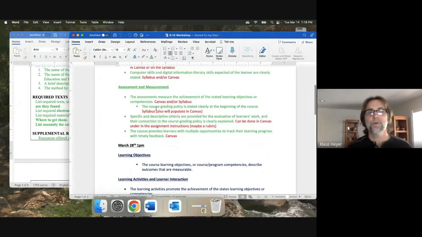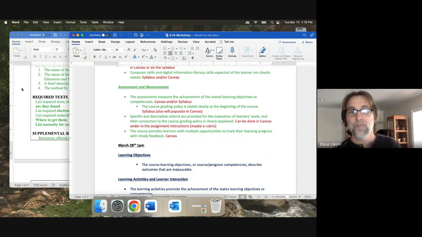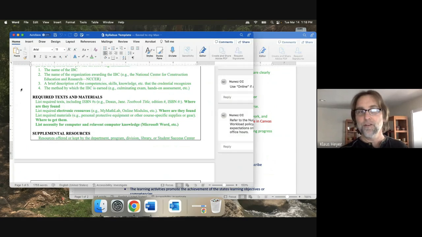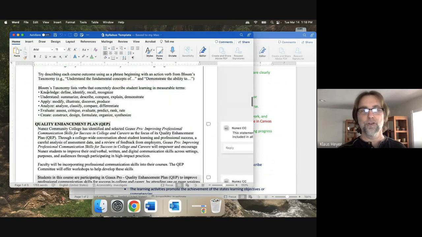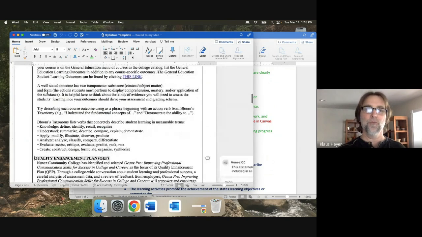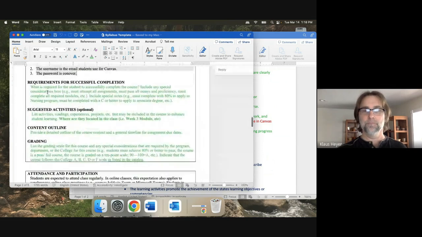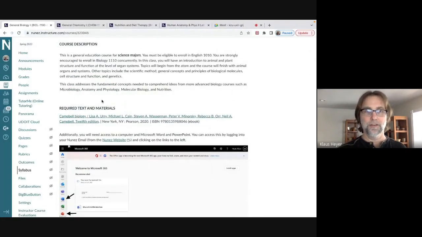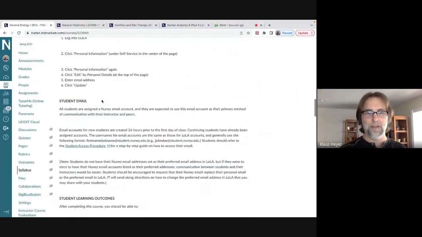So then we get to assessment and measurement, which gets a little more tricky, right? And some of that I don't even have done myself. So stated learning objectives that you should have if you were following. You want the assessments to match the learning objectives, right? So you could put that in your syllabus, and you should have your learning objectives already in here, and we're going to cover that another week. So to show you mine, to give you an example, I've got the objectives